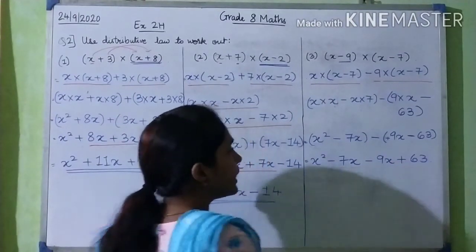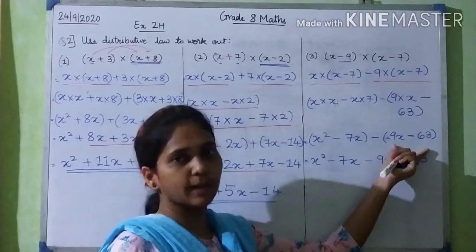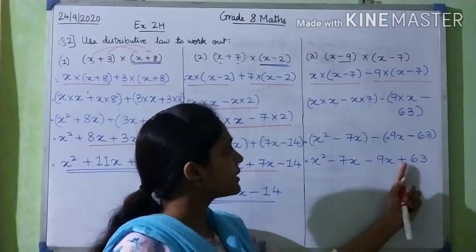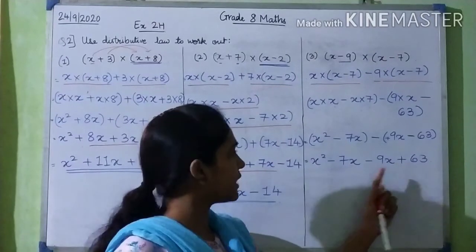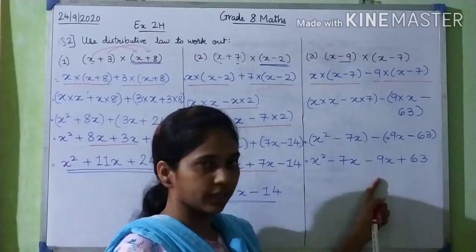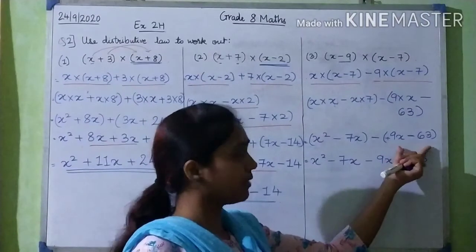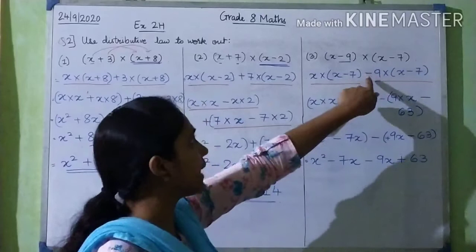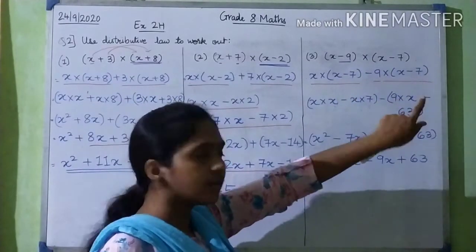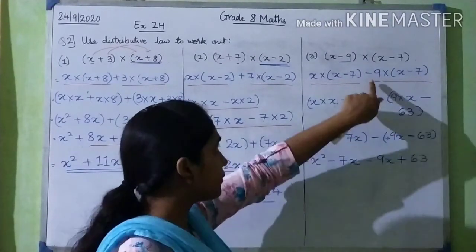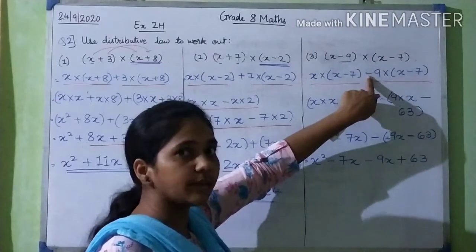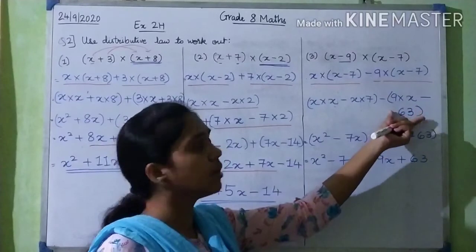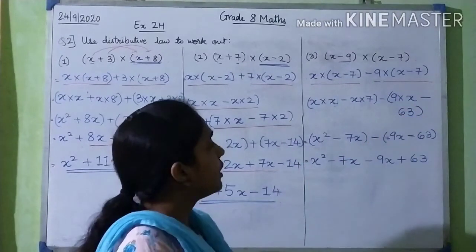So here you see that what is the importance of this bracket. Here you see that when we have removed the brackets, the sign of 63 has changed and also of 9 has changed. Okay. So that is why we need to put brackets. Here itself, if you are multiplying -9, then you need not put the brackets. But if you are keeping that minus sign outside, and if you want to afterwards multiply it, then you need to put a bracket.